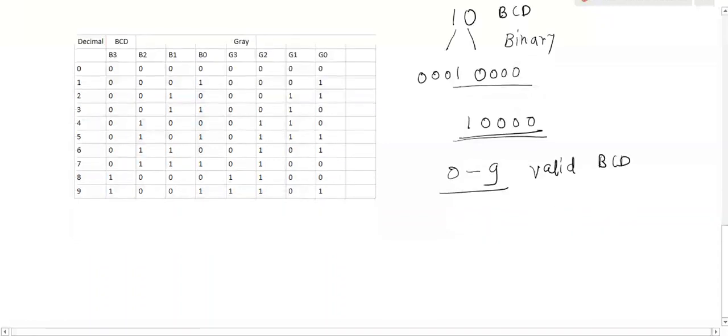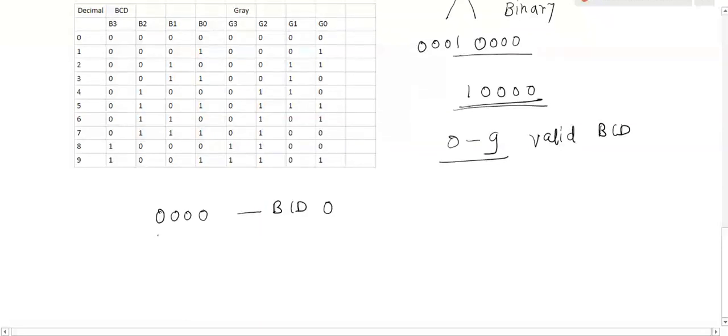Now by applying the BCD to gray code conversion technique, I have to represent the gray codes for each decimal number from 0 to 9. Take the value 0000, the BCD 0. This value I want to convert into the gray code.